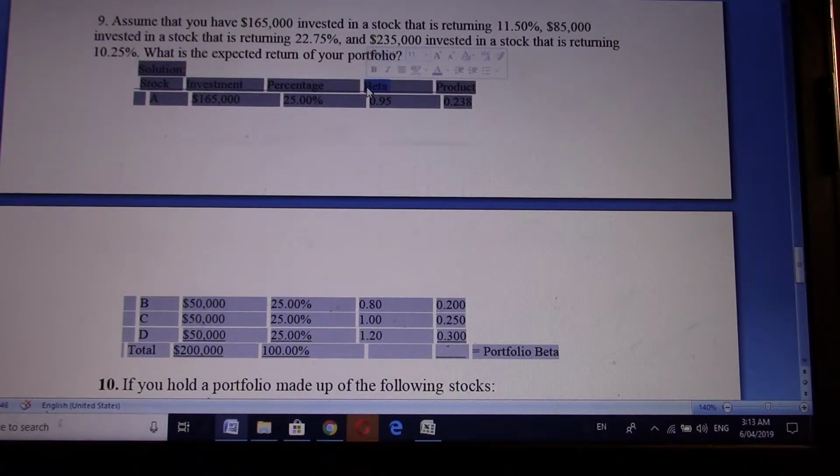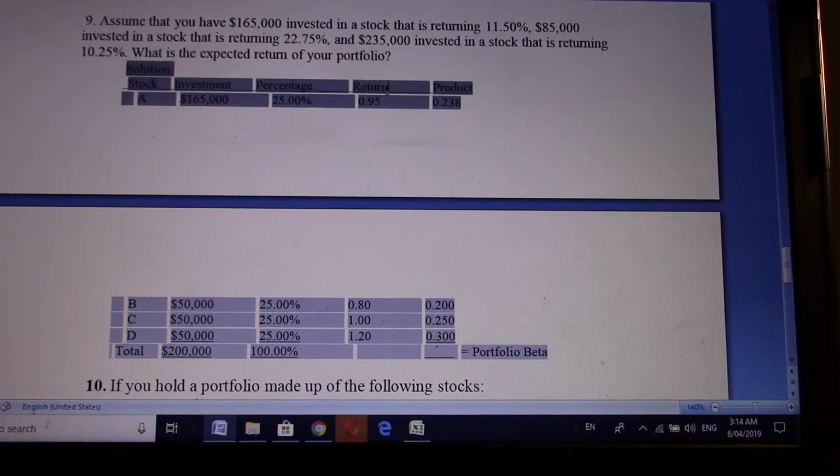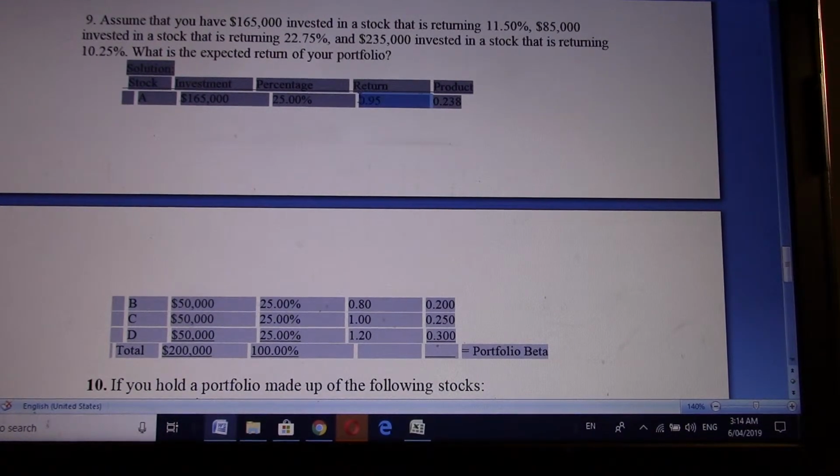Now you know each stock will give you what kind of return. So now what about your portfolio's return? You should calculate the weighted average of return, not the weighted average of beta now. But the procedure is the same. So your return is given